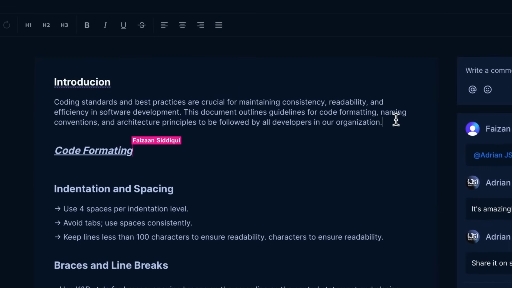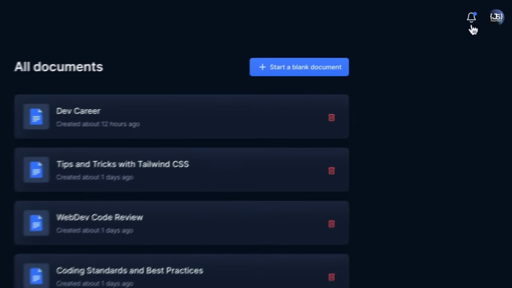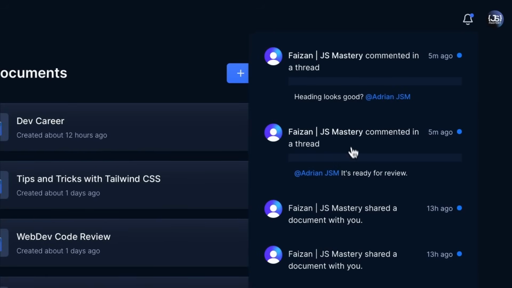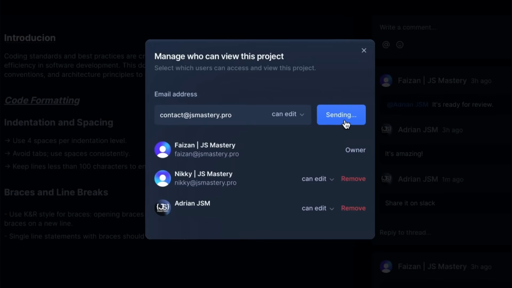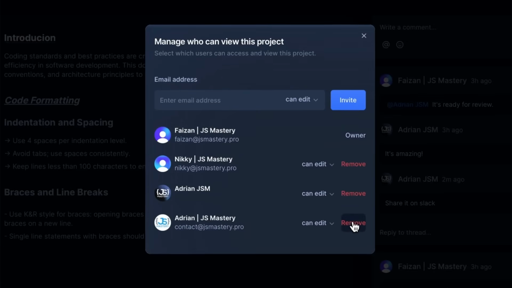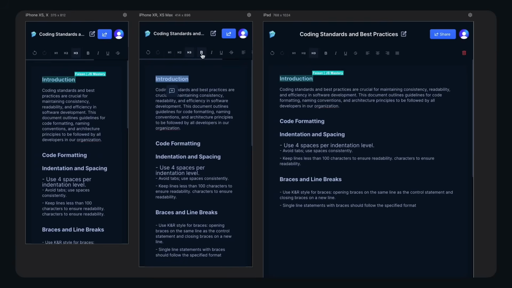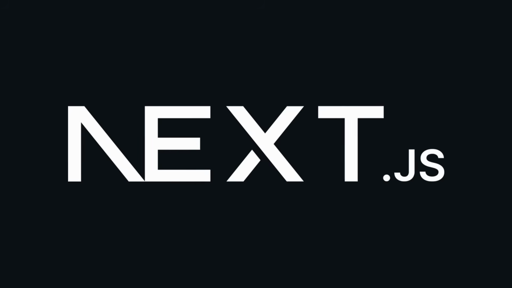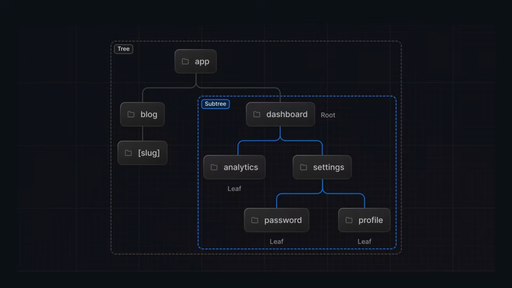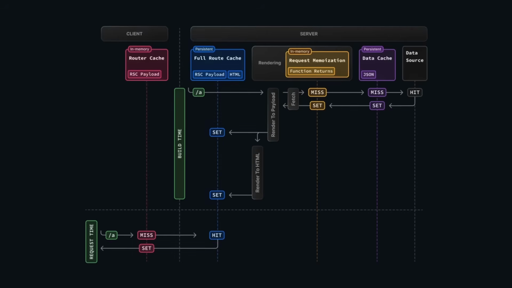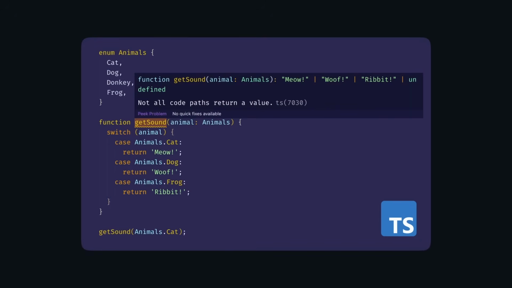exactly what your collaborators are working on, instant notifications to keep everyone in the loop, flexible sharing options such as inviting editors and viewers or revoking their access, native-like, fully responsive design that works flawlessly on any device. And all of this while learning Next.js with server-side rendering, nested layouts, server actions, and revalidation, TypeScript for type-safe code,